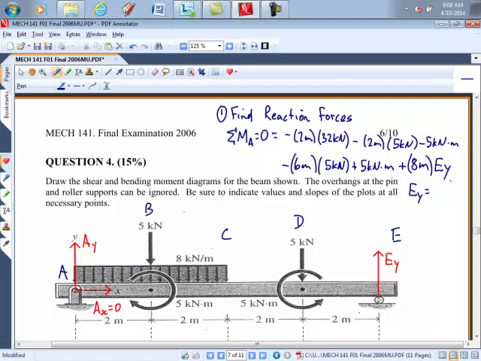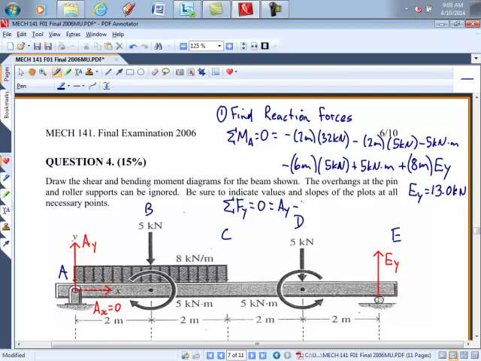Exactly? Yep. Okay, so 13.0 kilonewtons. Okay, and then we would find AY by using the sum of the forces in the y direction, or we could do moments again. If we use forces in the y direction, we have AY